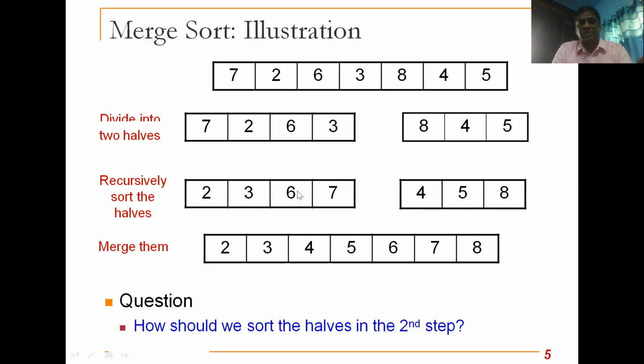So 5 is compared with 6, 5 is minimum, so 5 comes over here, and the pointer moves over to 8. 8 is compared with 6, 6 is minimum, so 6 comes over here. The pointer moves to 7. 7 is compared with 8, 7 is least, 7 comes over here, and finally the remaining list will be copied as it is. So now you will get the sorted list. This is how merge occurs. This is where the actual sorting happens. Okay, so don't worry about this. You will understand everything once we go through a more detailed example.